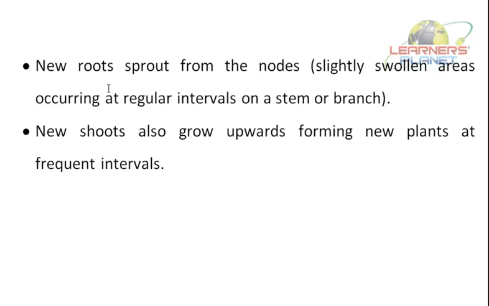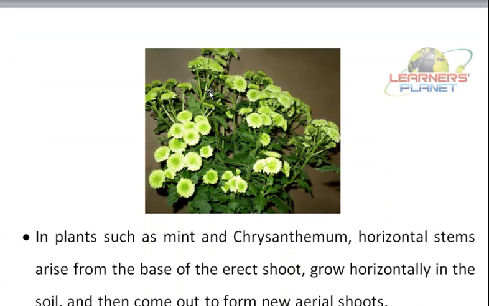Yes, plants such as oxalis and grass grow horizontal stems parallel to the ground, as I said before, almost touching it. So new roots sprout from the nodes, which are slightly swollen areas which occur at regular intervals on a stem or branch. And then these new shoots also grow upwards, forming new plants at frequent intervals. In the same way, there are other plants like